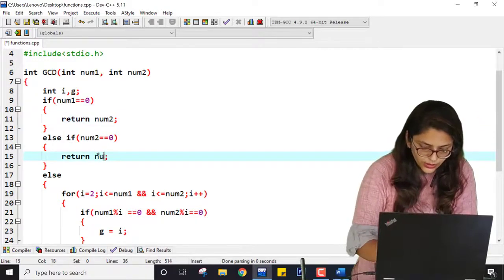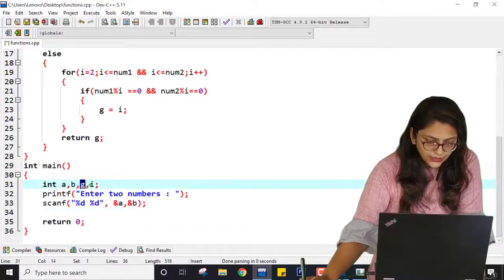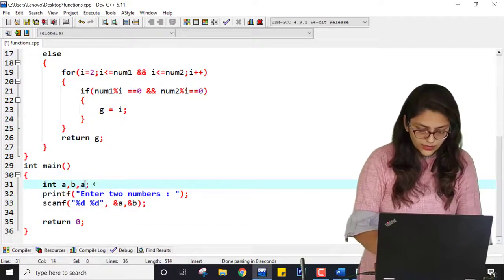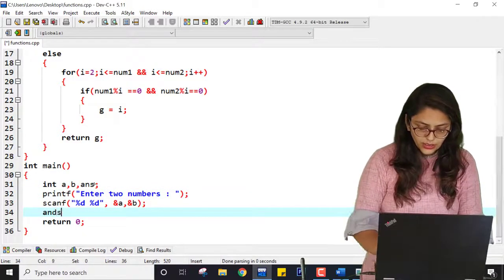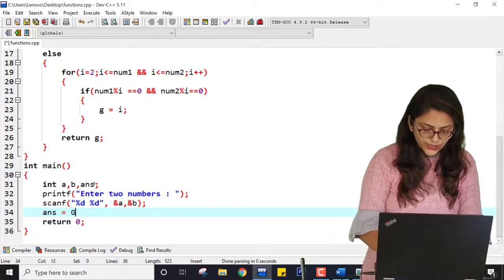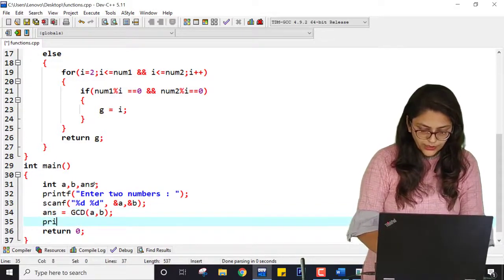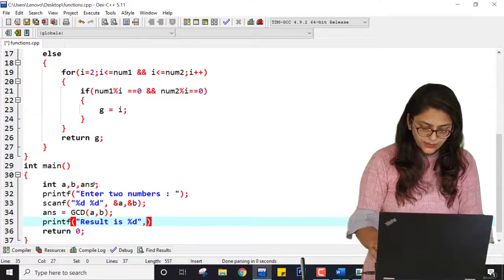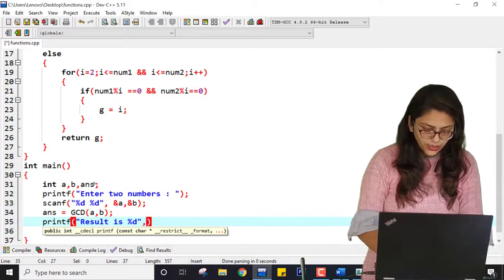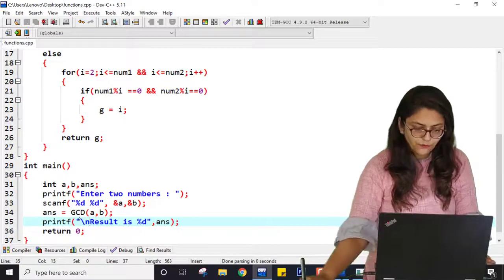Here it will be num1. Okay, and here I am taking one variable named answer, and here A and B are there. So answer equal to GCD of A and B. Now I am going to printf result is percentage d, or GCD is percentage d, and here I am printing answer. So this is how you can write the program using functions.